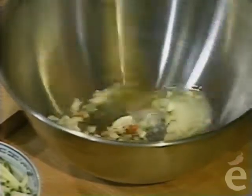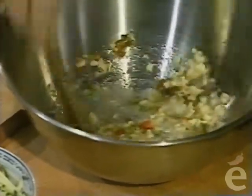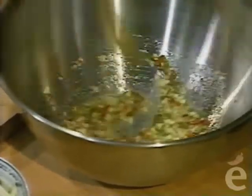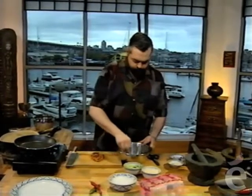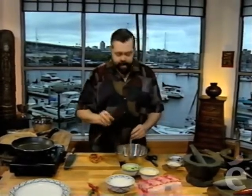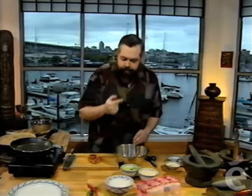And that should do just nicely. We'll stir. And then we have some other ingredients to add. And once this is all stirred together and everything's combined, it's important that you taste the dressing and see what